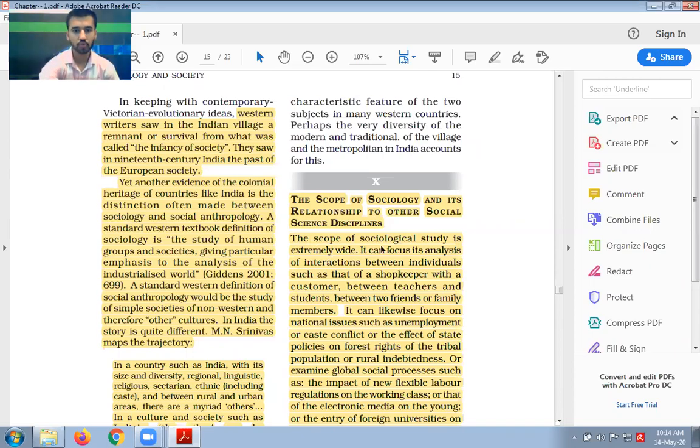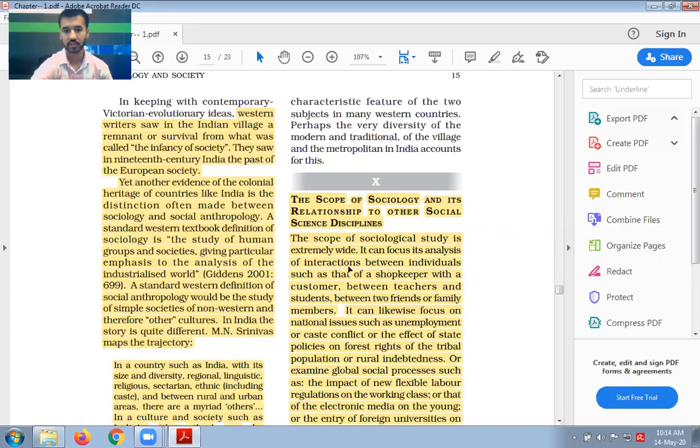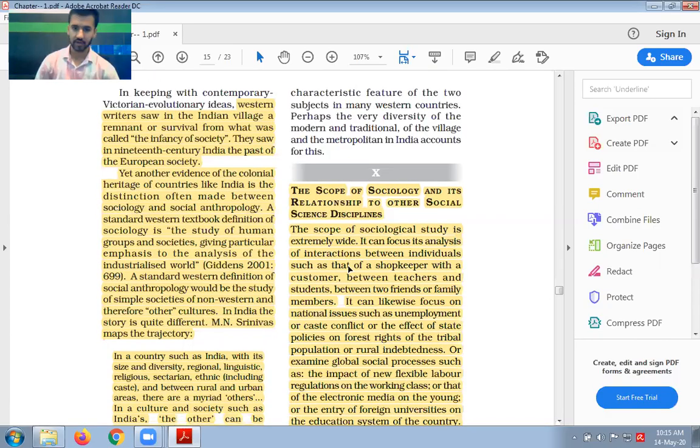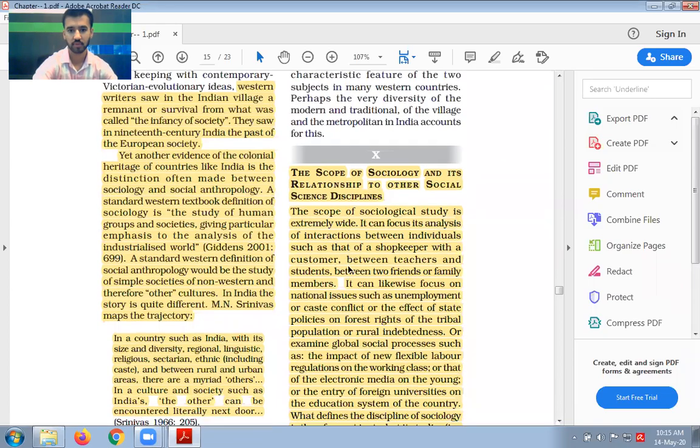The scope of sociological study is extremely wide. I told you in the last class that its scope is extremely wide, right? It can focus its analysis on interactions between individuals, such as that of a shopkeeper. So from very micro to macro level. Micro level is a very small level, and macro level is a large level. Okay, so right from micro level to macro level, it studies almost everything, right,